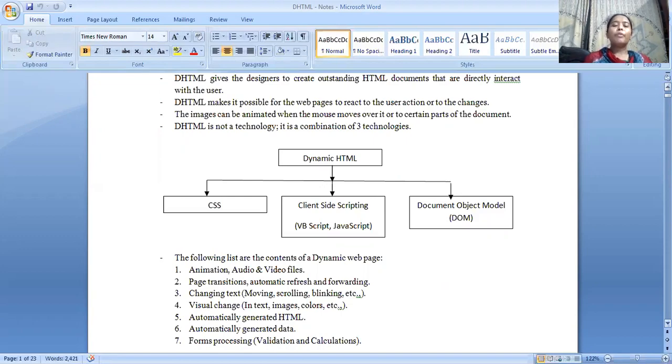What type of contents can I see in DHTML? The different things I can see in DHTML rather than HTML are different types of animation, audio files, and video files, and different actions performed on them, which can't be seen in HTML.